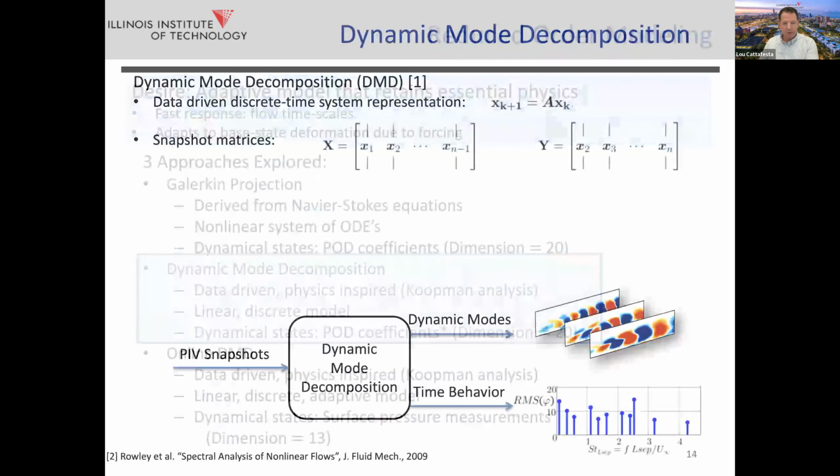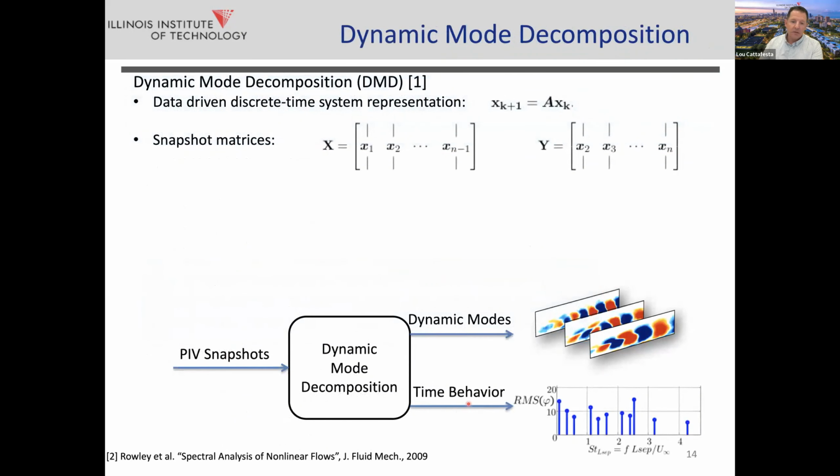So a little bit about dynamic mode decomposition. It's quite popular now. Thousands of papers are being published on variants of this in a variety of applications. Simply stated, if you take your data, whatever it happens to be, and you form 2 matrices, each column, X1, X2, X3, etc., all the way up to the nth column, is a snapshot in time.